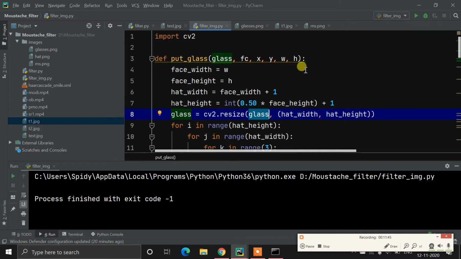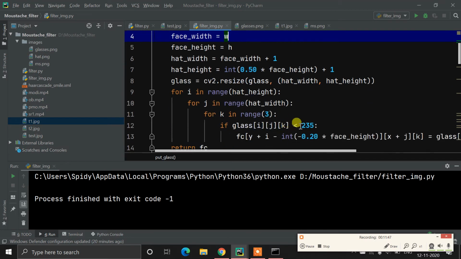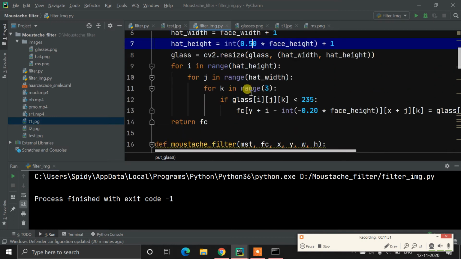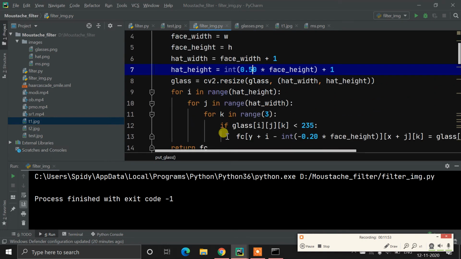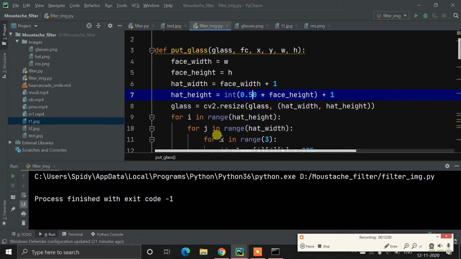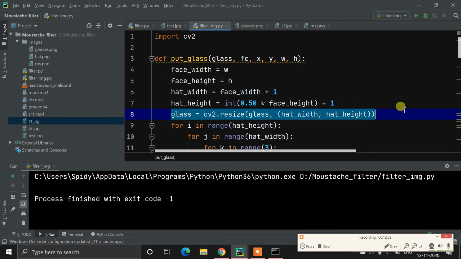So it's kind of a trial and error. After lots of setting these values, I got a good result. Actually this code is copied from the internet, I don't even know where I got it from, but then I changed some of these values. According to these values, we are simply resizing our overlaying image. So let's see another example.